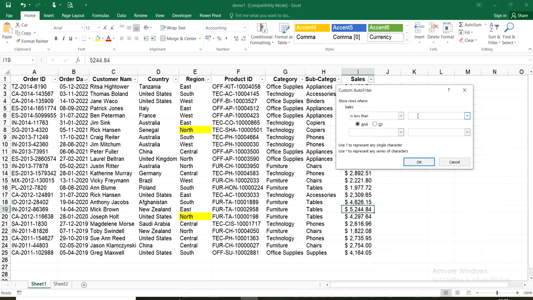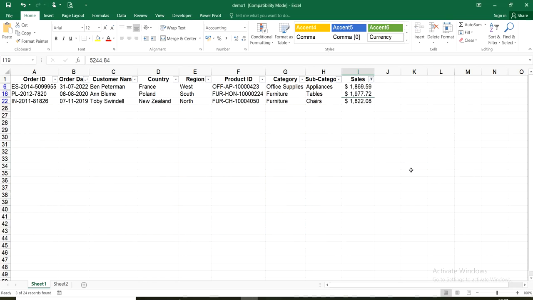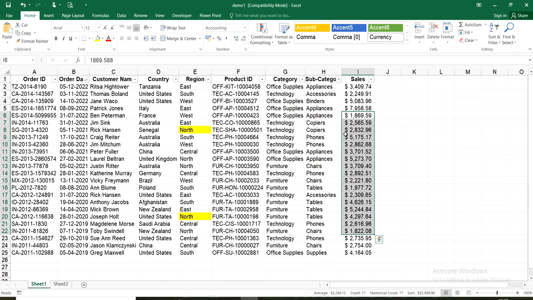There I need to mention 2000, because we are going to filter those values which are less than 2000. So mention the value and click OK. What happens? All those values which are less than 2000 alone are getting filtered. This way you can filter values by using some criteria.